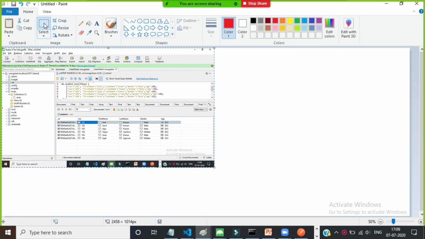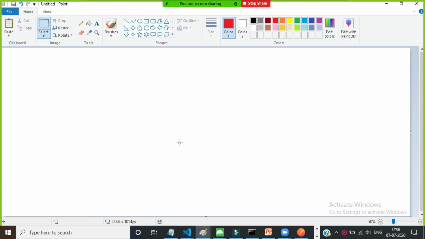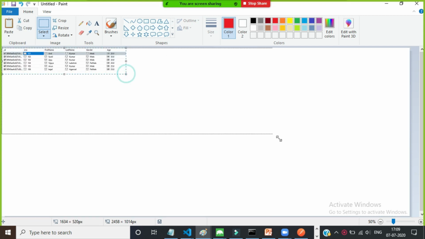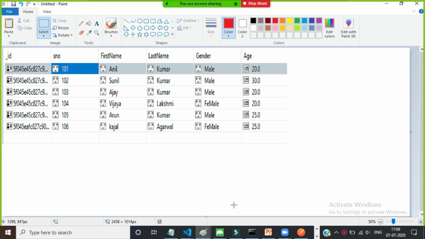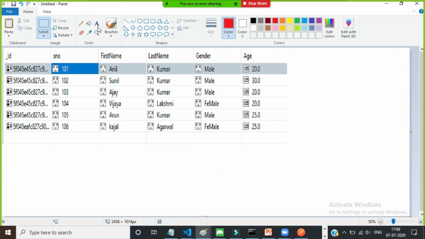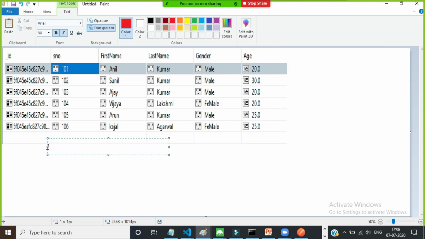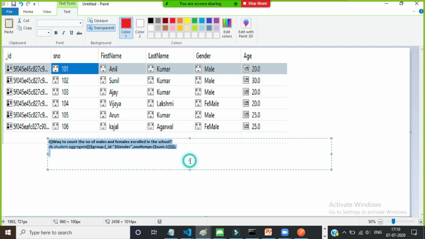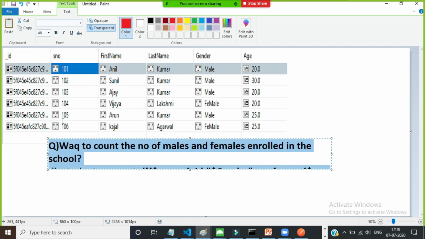This is my table data with these documents. Now my requirement is I have a query I will try to write here. Is it clear? What is the query? Write a query to count the number of males and females enrolled in the school. I want to count the number of males as well as females enrolled in the school.